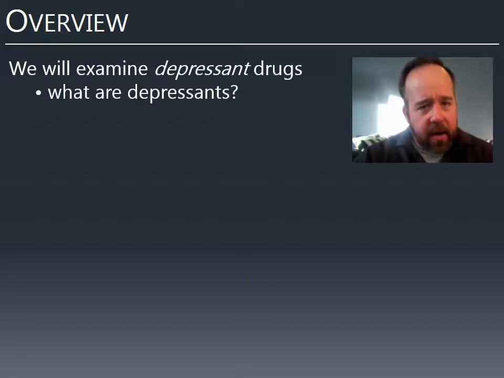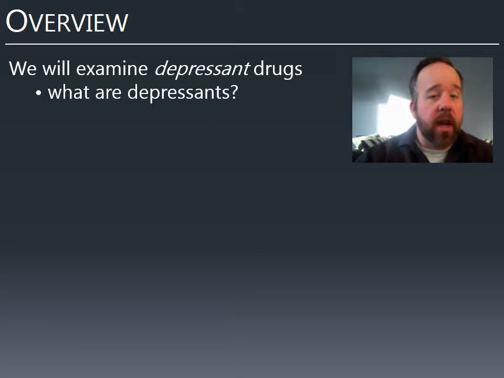Depressants, as we defined them, are drugs that decrease the excitability of the nervous system, that lower overall neural activity. And they tend to do this in a fairly global sense. We also talked about how depressants tend to work on the neurotransmitter GABA and enhance GABA's activity or effects, or mimic GABA. And so that's going to really decrease the level of activity in the nervous system because as a neurotransmitter, GABA is so widespread throughout the brain. It's second only to glutamate in terms of how frequently those synapses use GABA. So that's what depressants are.